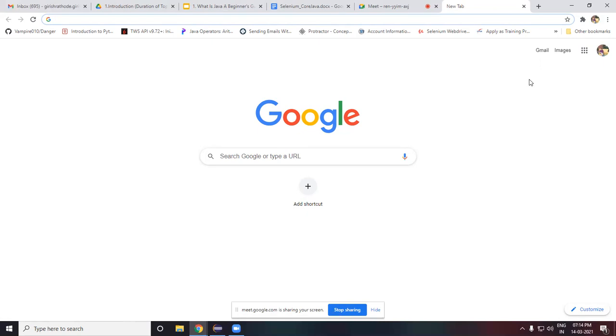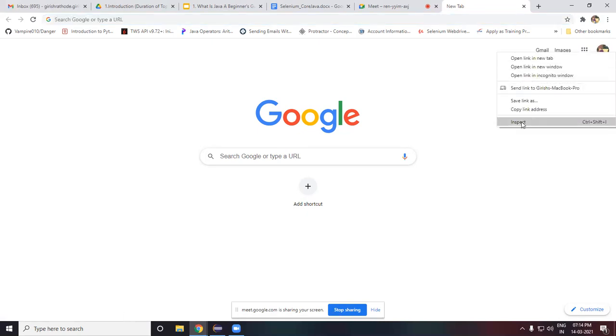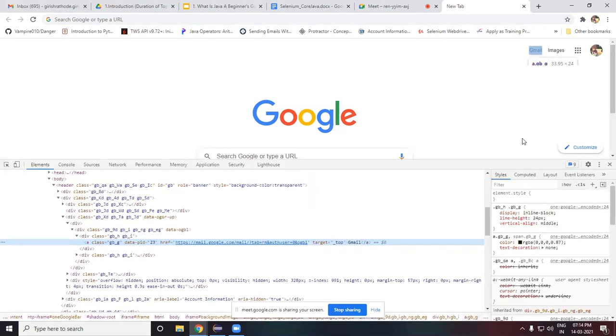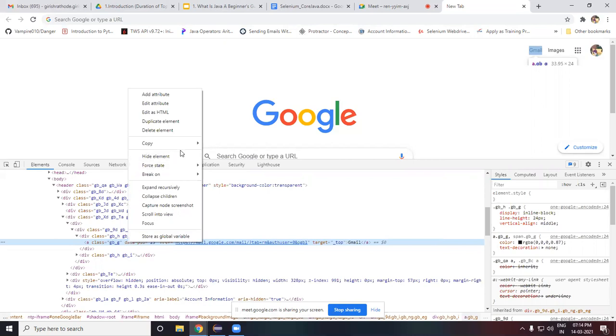How do you specify that? Using locators. We have something called inspect element. When you right click on the specified element, you can see inspect. When you choose inspect, the respective address will pop out. When you right click on this address, it gives you XPath, CSS selector and so on.